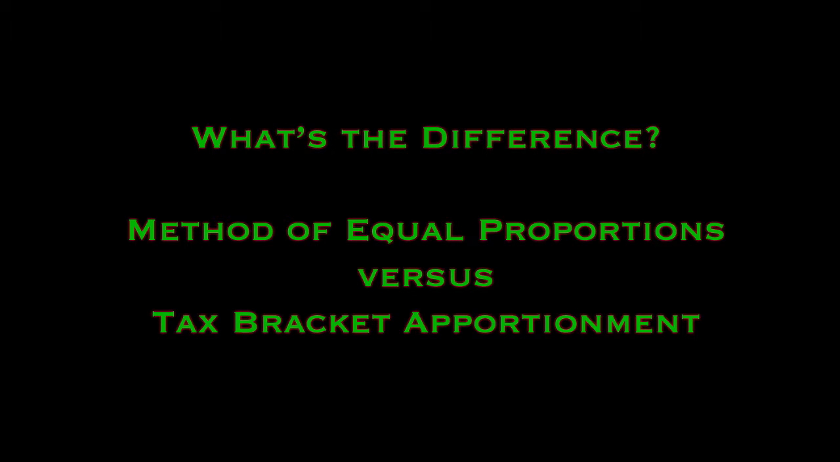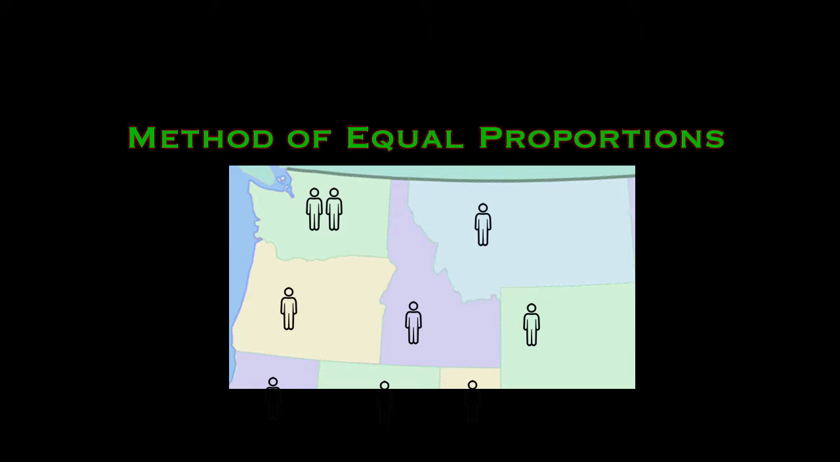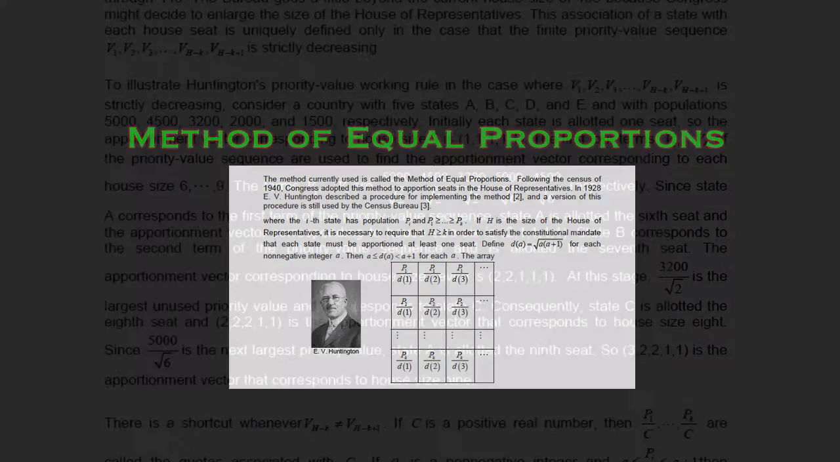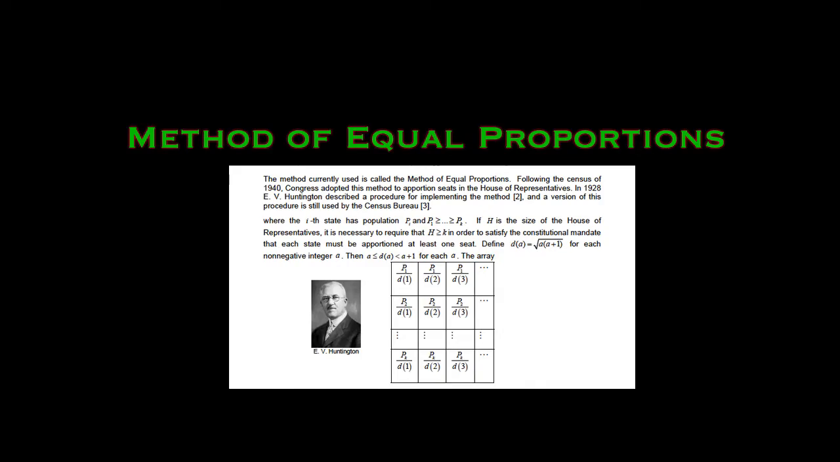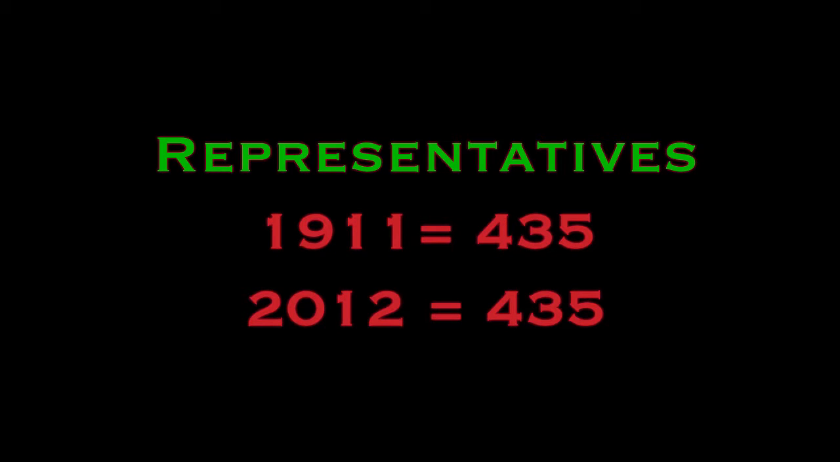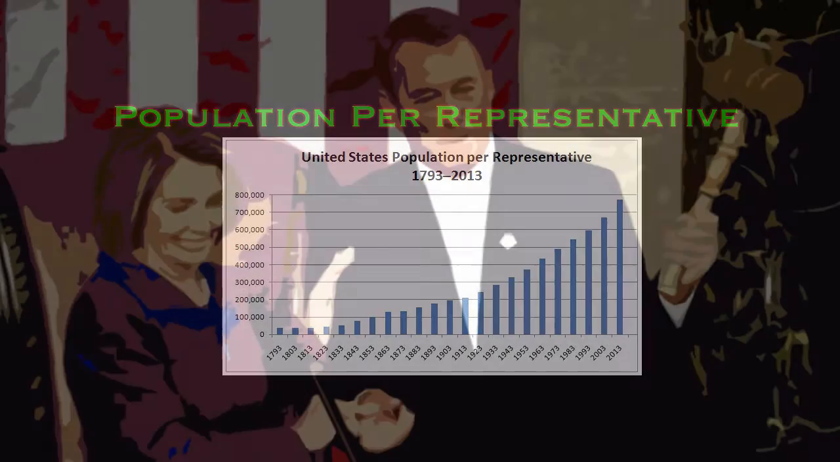What is the difference between the method of equal proportions and tax bracket apportionment? The method of equal proportions apportions representatives to the states sequentially in order to prevent a tie or an unfair distribution of representation. Despite the intentions of this method, the unfair distribution of representation increases along with the population. There are now 435 representatives, as there were in 1911. The much larger population now, relative to the static number of representatives, continues to dilute representation for the sake of